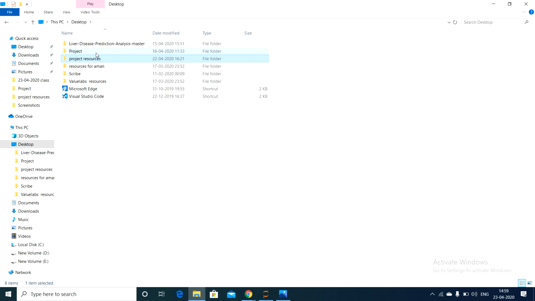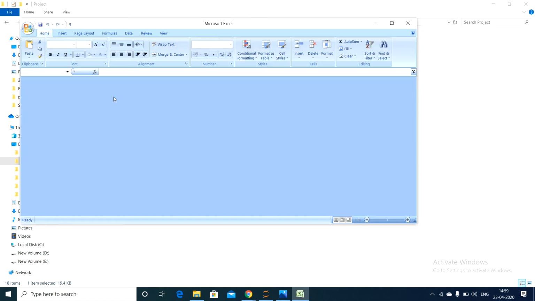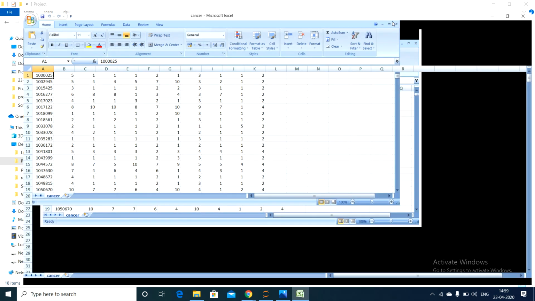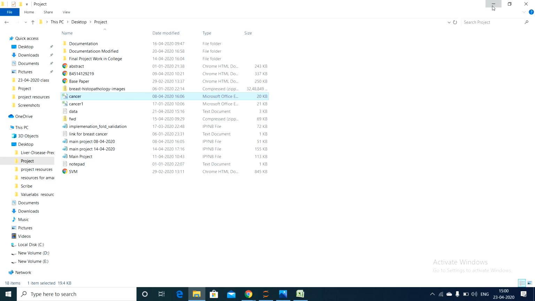See, guys, in my project folder I have the cancer data set. Let me open that for you and show you what exactly the data is. See here, what exactly is clump thickness? I already told you the values in that column range from 1 to 10, right? For the first sample, the clump thickness value is 5. Next one is 5, next is 3, next is 6, next is 4, next is 8, next is 1. This is the data that is available.